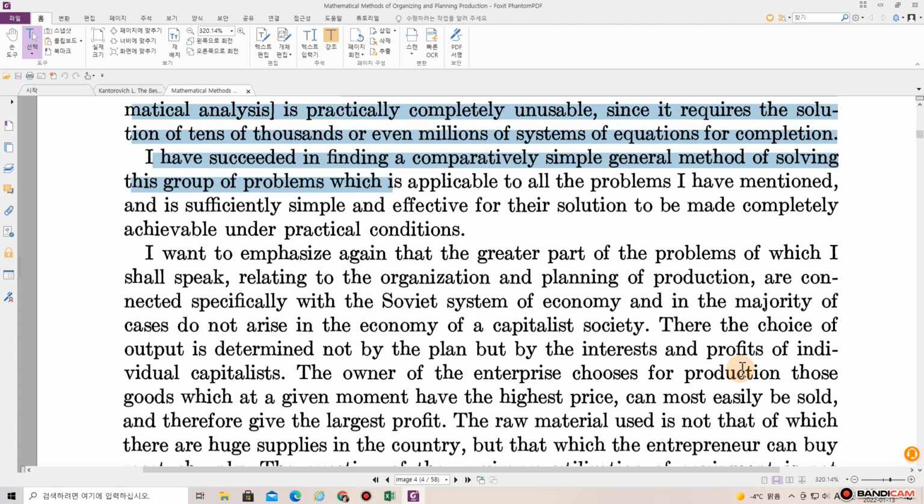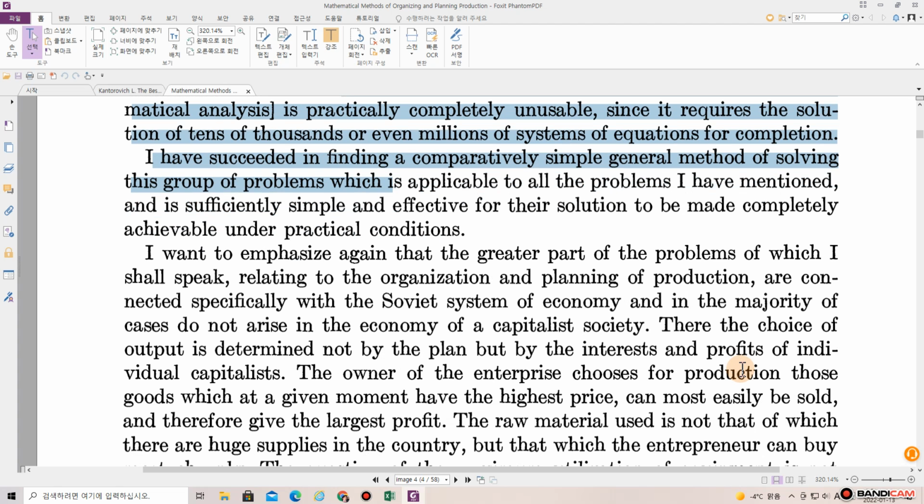I have succeeded in finding a comparatively simple general method of solving this group of problems, which is applicable to all the problems I have mentioned, and is sufficiently simple and effective for their solution to be made completely achievable under practical conditions. I want to emphasize again that the great part of the problems of which I shall speak